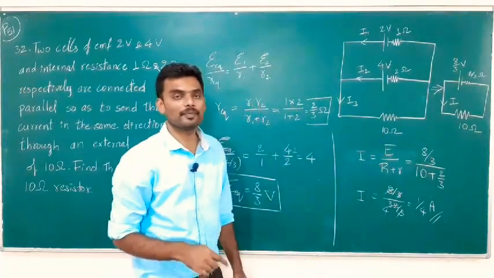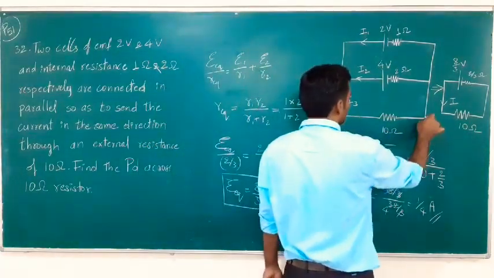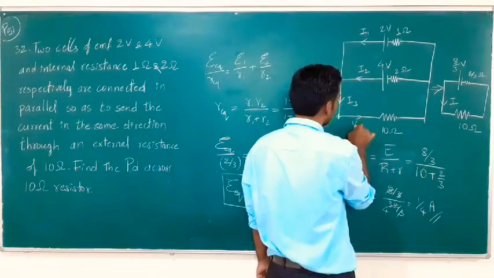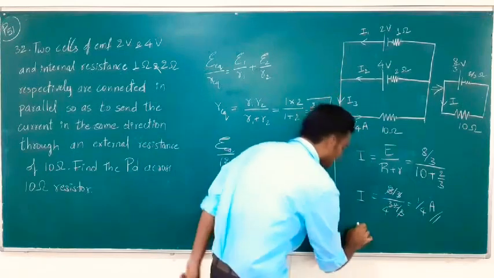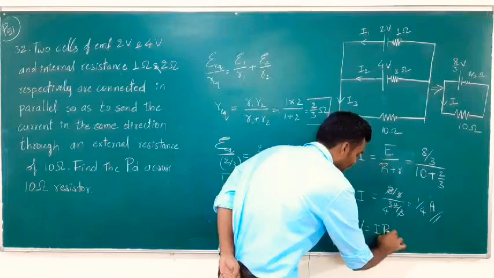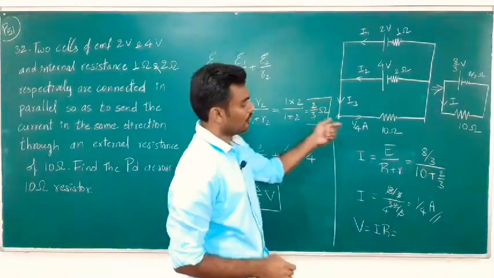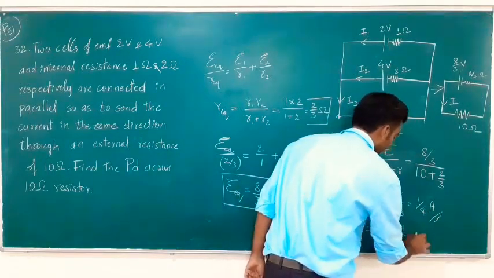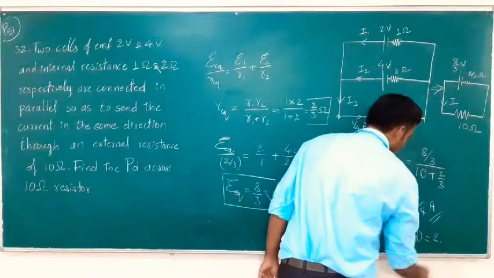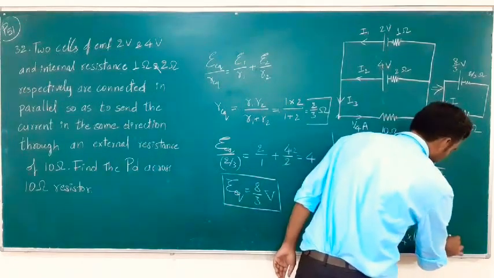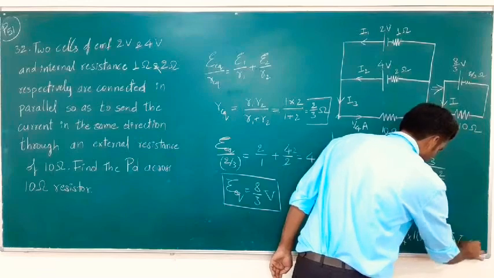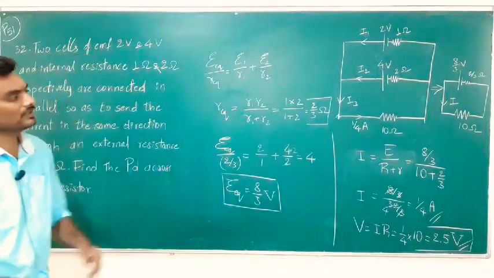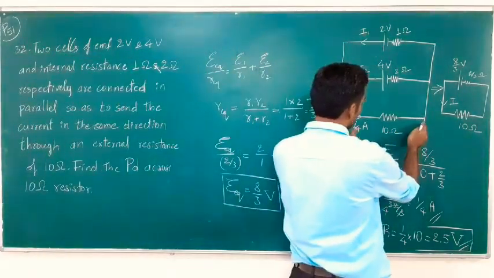But what we need is the voltage or the potential difference across the resistor. Okay, so here 1 by 4 ampere flows, and V is equal to IR will give me the voltage across this. Quite simple. I is 1 by 4 into 10 ohm, the resistor, which will give me 10 by 4, which is 5 by 2, 2.5 volt. This is the final answer. 2.5 volt is the voltage across the given resistor.